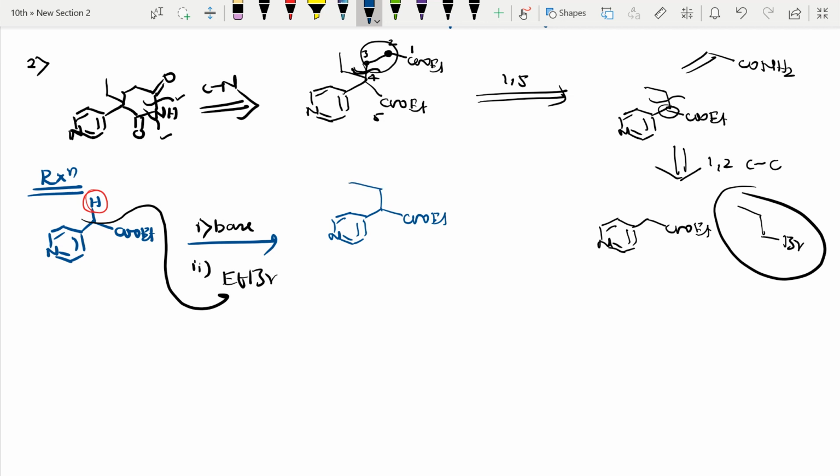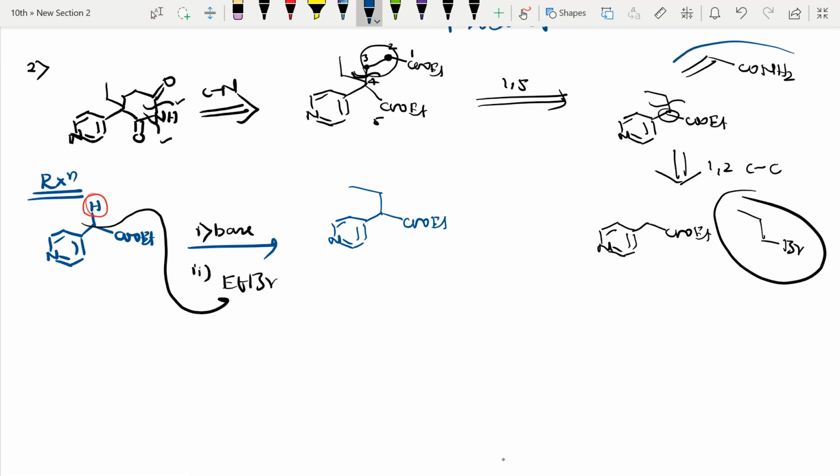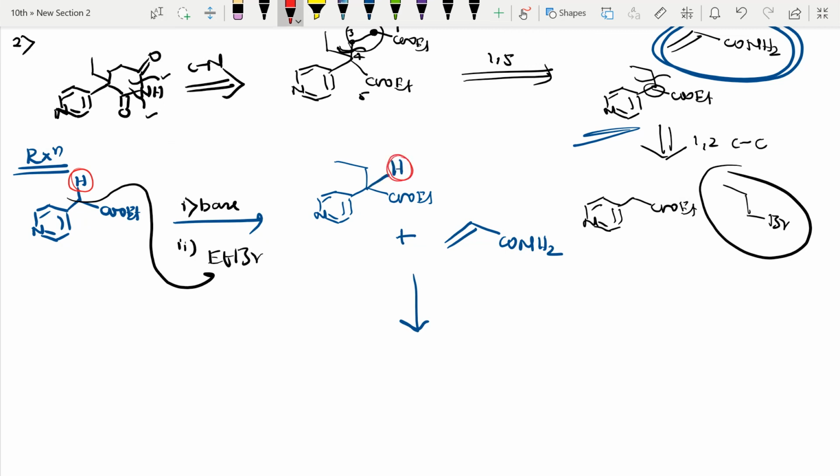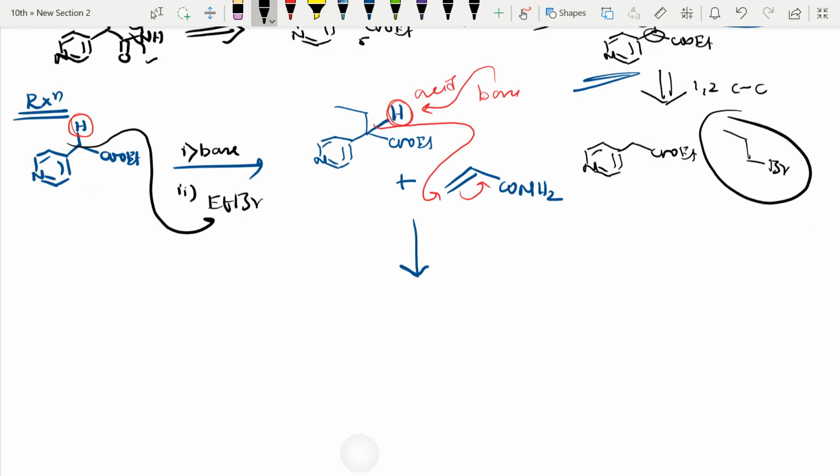Further, I have told you, this reagent we will add at the right corner. You can see I am marking it with blue. So this we got. Further we need to add this one. So Michael addition reaction, CONH2. Why I have taken CONH2, you will understand here. And a base will be there. Here one more proton is there. See, this proton is again acidic. So if I use a mild base, it will take this proton. So here a negative charge comes. This negative charge will do the Michael addition reaction. And how it will react, I am going to directly write the product, because I have done these things so many times. So I'll get this product.